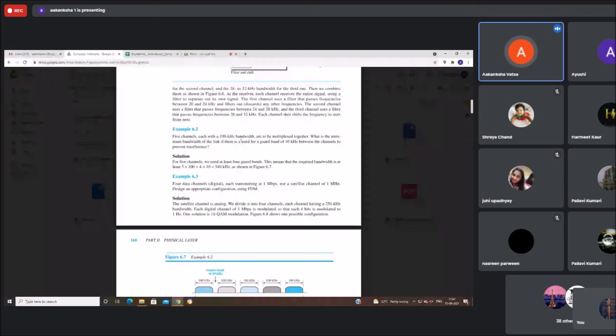So I'll discuss two examples. Example 6.2: 5 channels, each with 100 kilohertz of bandwidth, are to be multiplexed together. What is the minimum bandwidth of the link if there is a need for a guard band of 10 kilohertz between the channels to prevent interference? I just talked about interference, the crosstalk we used to hear in the case of landline phones. To remove that interference between the channels, we have a guard band of 10 kilohertz in between each